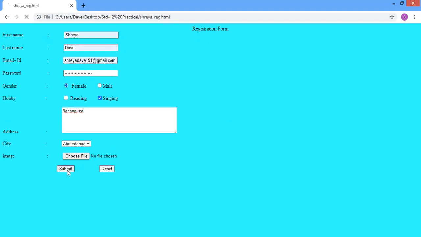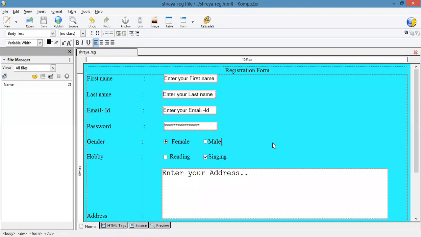Right now I click on the submit. My form is submitted. So this is the way you can create your own registration form easily.